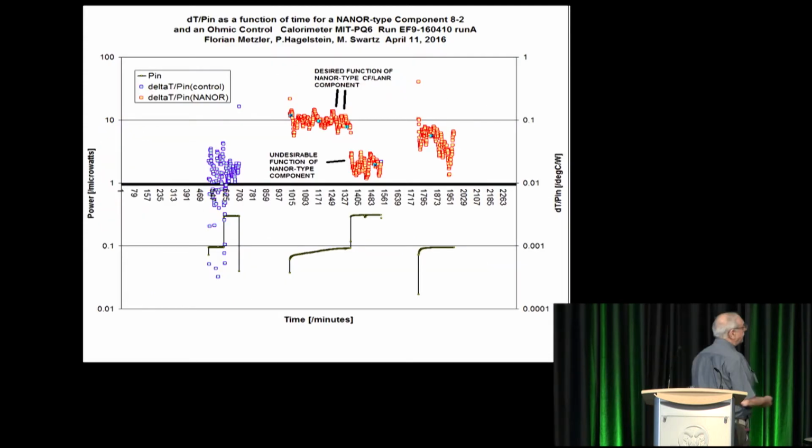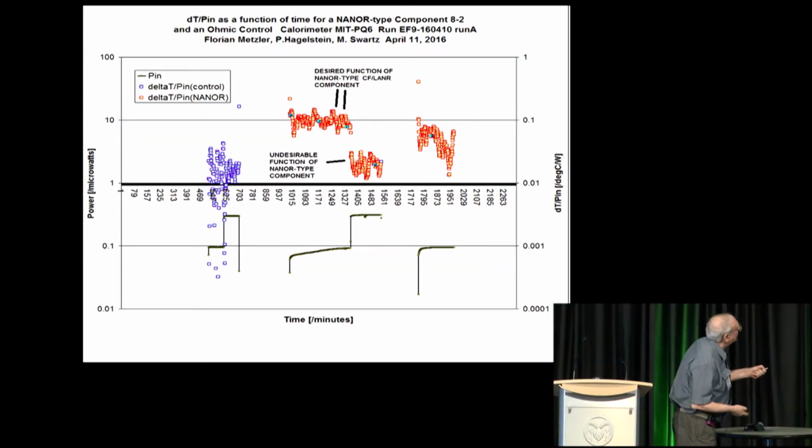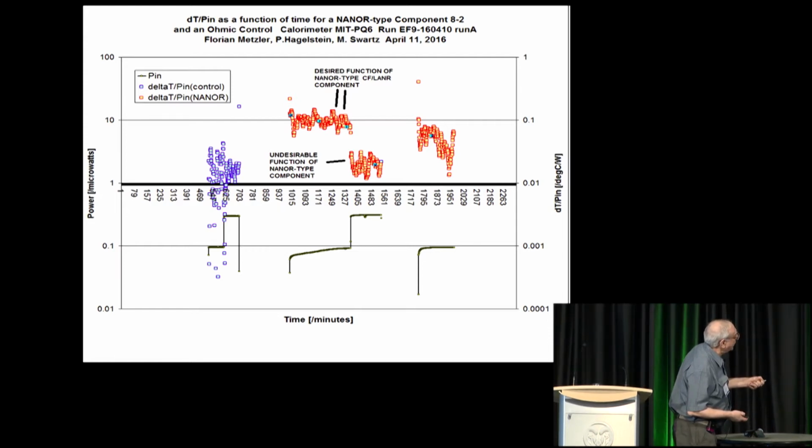And we see this over and over. Here, for example, this is a different component, series 8-2. Here's his ohmic control. Here he's putting power into the nanotype component. And we can see there's clearly 2 states. When we're getting what we want, and here we're looking at the output power, in a very tiny amount,